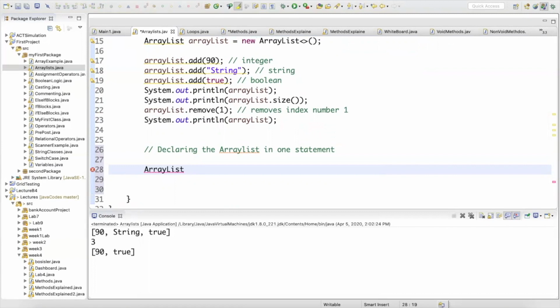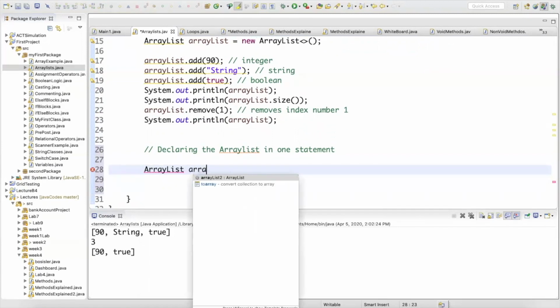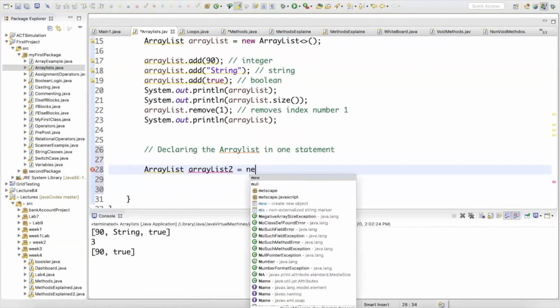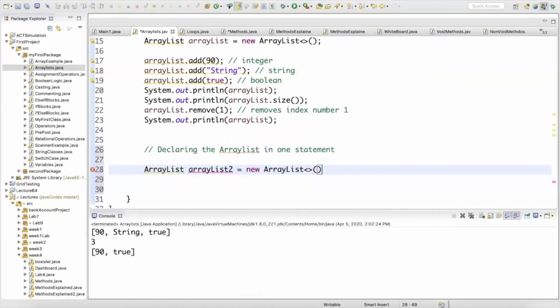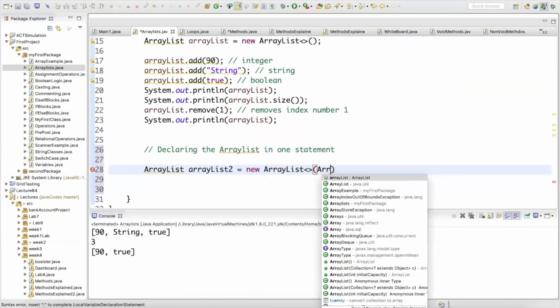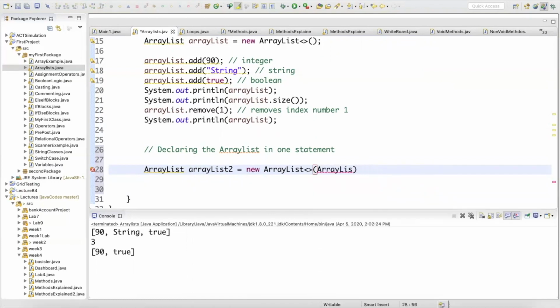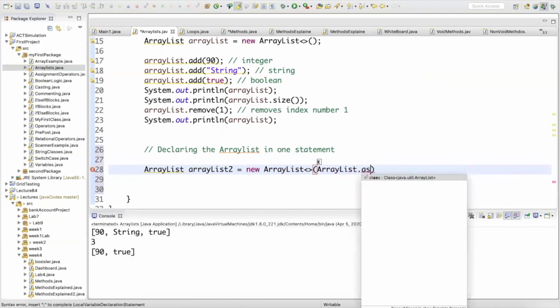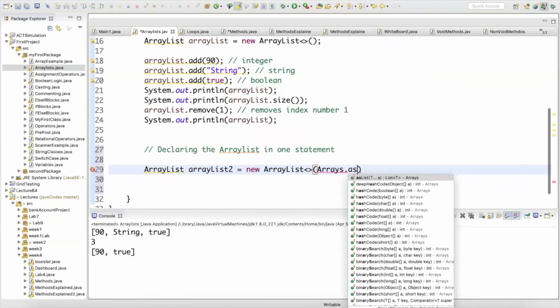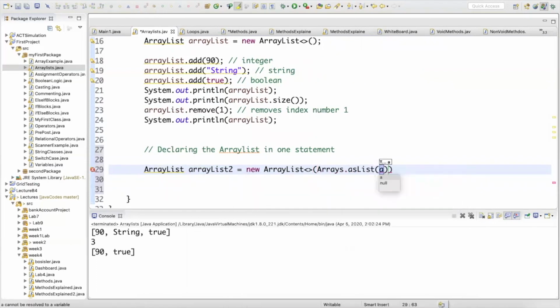I erase the diamond bracket. It's going to be named ArrayList2 equals new ArrayList. So now in the parentheses, I will write Arrays.asList. This method helps me to put the values in one statement, and inside of this Arrays.asList method,